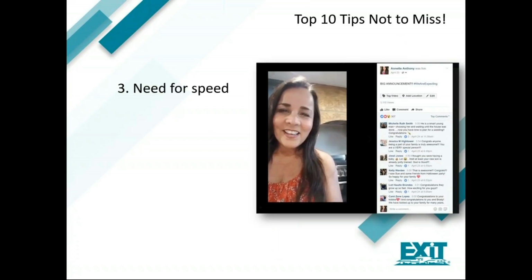Number 3, the need for speed. You've got to check in advance that you have a strong signal, because a good signal is, I call it, the silent hero of any broadcast, right? What you can also do is a speed test on your phone by going to speedtest.net. Again, it's speedtest.net. Wi-Fi tends to be the best option to use, but if you can't find a network, you'll want to use a 4G connection.